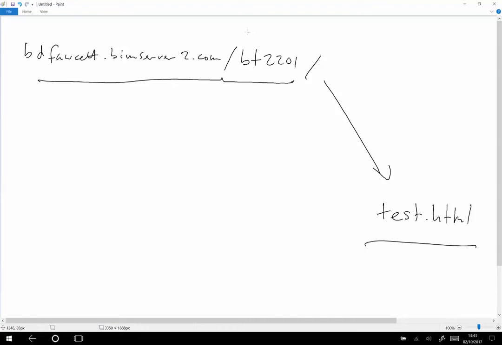If you spell BT2201 in uppercase, then people need to type it in uppercase. Otherwise, for the computer, uppercase and lowercase is different. So keep everything lowercase, don't put any spaces in. Because when people are on the web, they are not used to typing uppercase, and you tend to type everything in lowercase. So all the files you create for the server, all the folders you create for the server, keep them lowercase.